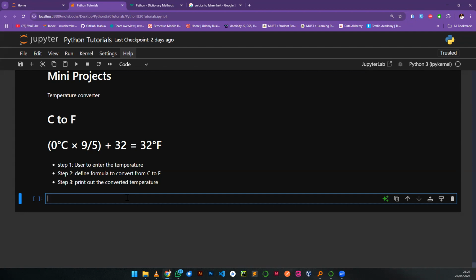I think we'll say temperature is equal to input. So we mentioned something about an input function. Okay. So to collect the user's value, we have to basically tell the user to input. But let's say this, we want to select the user to enter the temperature in